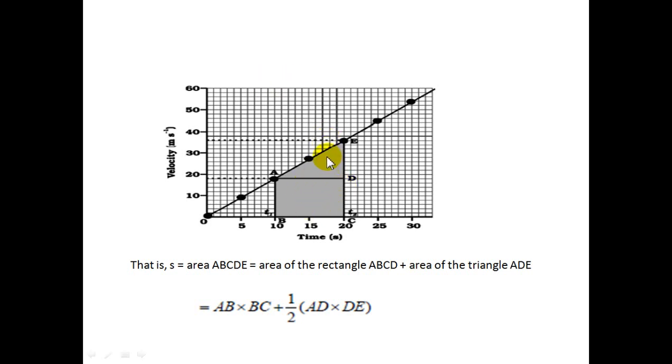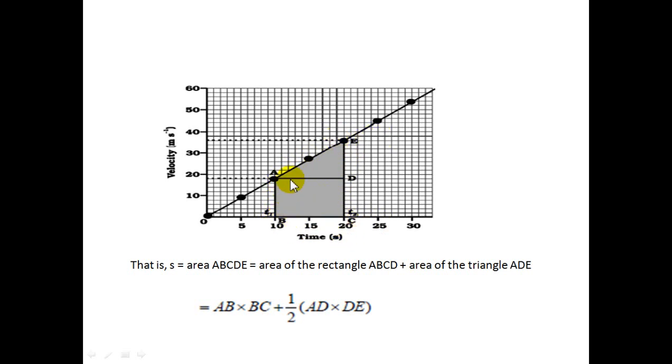For example, look here in the video: there is a difference of 5, 5, 5, 5 in the time period, and in the velocity there is a difference of 10, 10, 10, 10. In this case, when we have to find a displacement, how will we find it? By finding the area of ABCDE. As I just told you, displacement is the area of this particular portion. We are finding it in the time interval between 10 and 20.